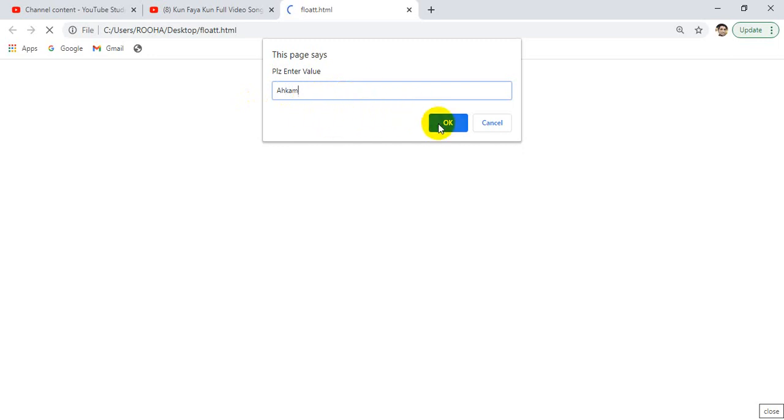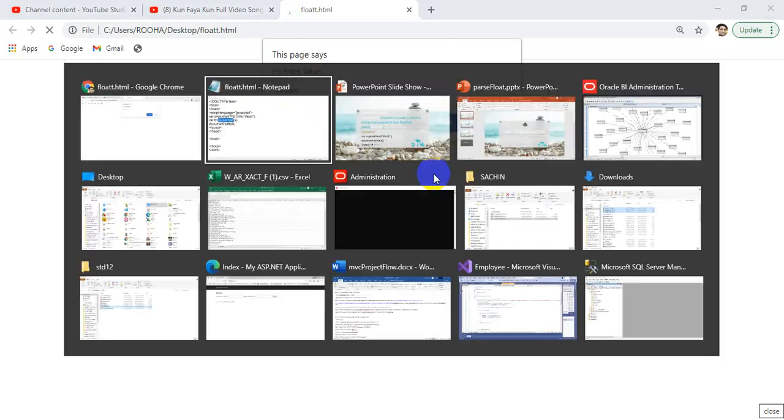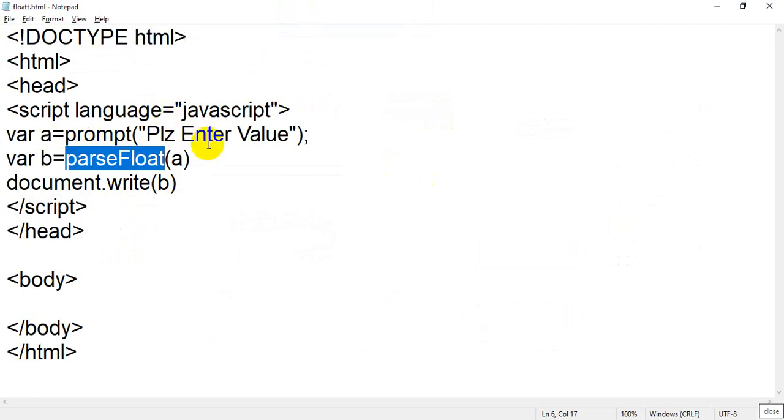When you click on OK, this line will accept the value ACOM and store it inside variable A. Now parseFloat starts from the character A. It will take A and will not move on to the next characters. It will read only the first value.